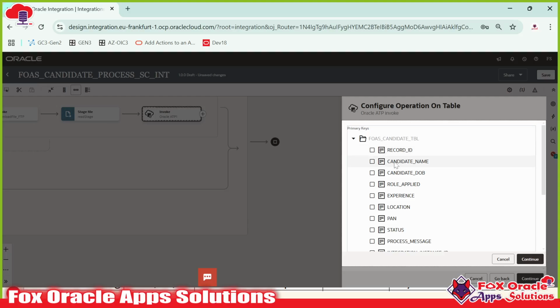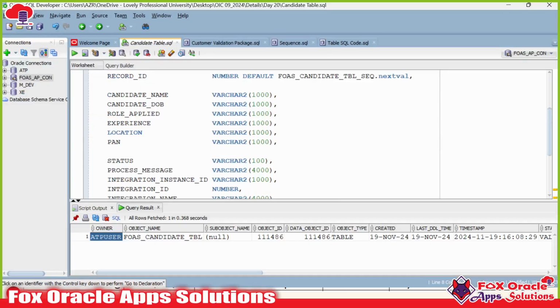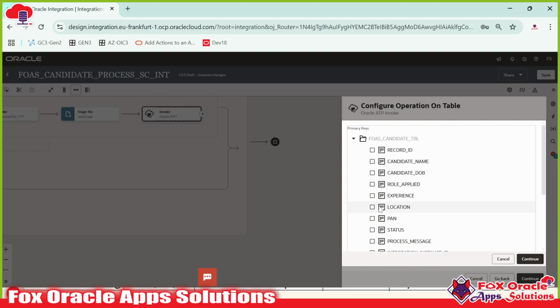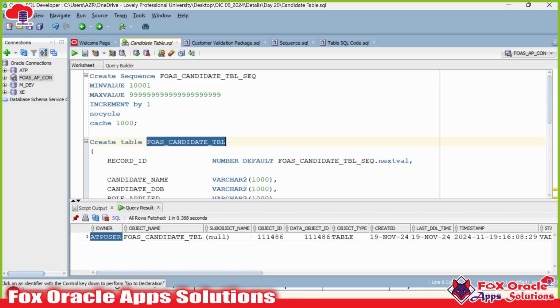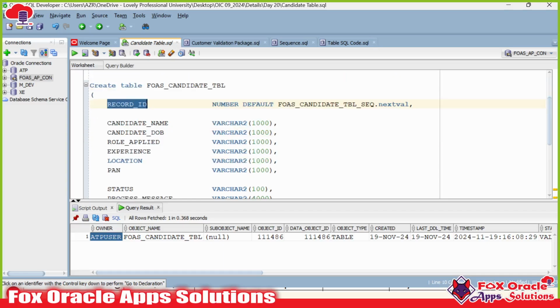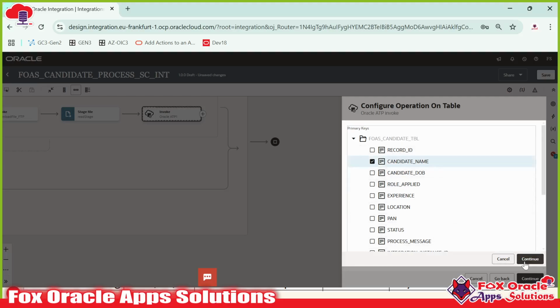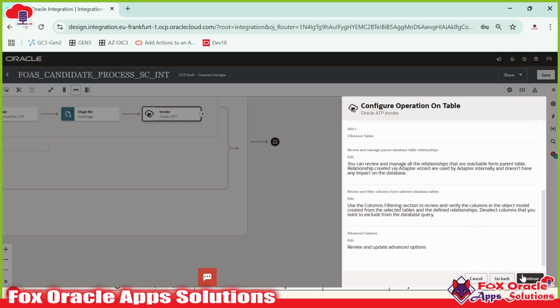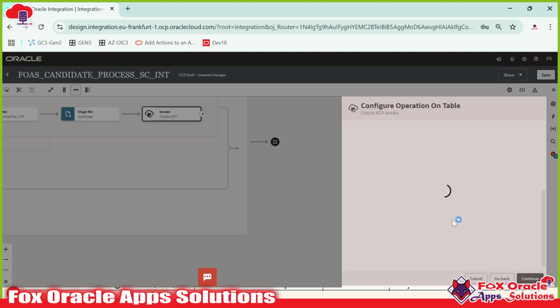Now here you can see when we try to add the table, as our table doesn't have any primary key, this endpoint is asking to select any of the keys as a primary key. If you select this record ID as a primary key, then while mapping this endpoint it will ask to provide this value, but our requirement is not to pass a value to this record ID, because the record ID is set with a default value from a sequence. So instead of record ID, I will mark any other column as primary key. Continue, and continue again,